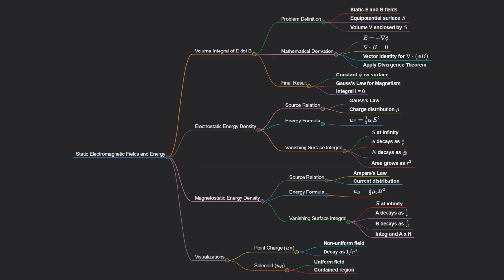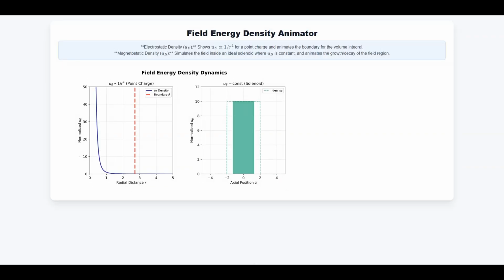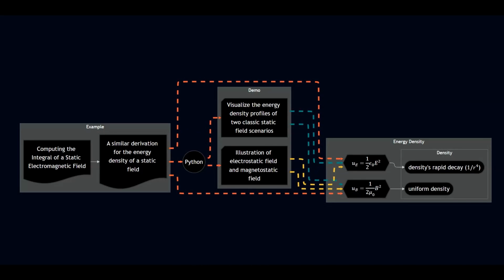Extending the narrative, energy in the fields. This concept of shifting from volumes to surfaces isn't just a mathematical trick. It is how we understand where energy lives in the universe. Electric energy. Imagine a single point of charge. The energy density is highest right at the source and drops off incredibly rapidly as you move away. In a demonstration, you would see a bright glow near the center that fades to darkness almost instantly as the